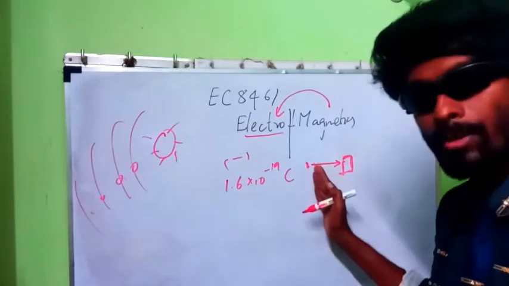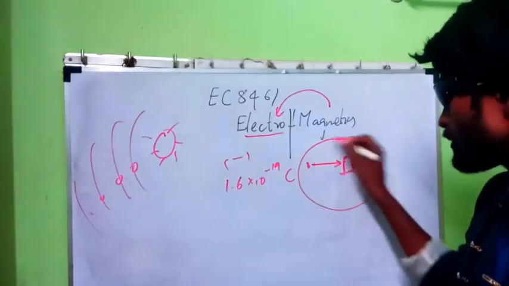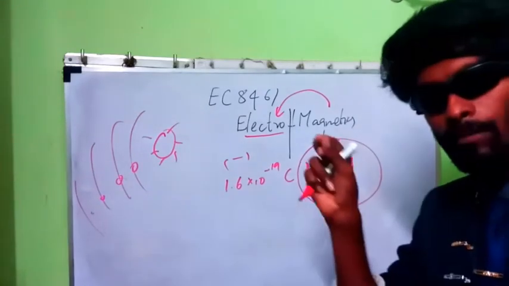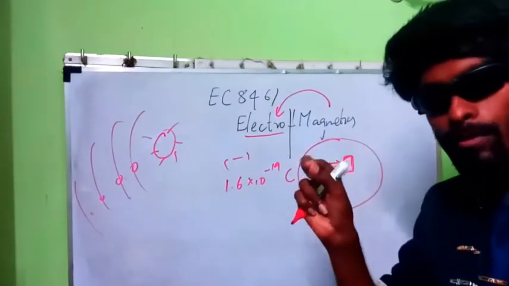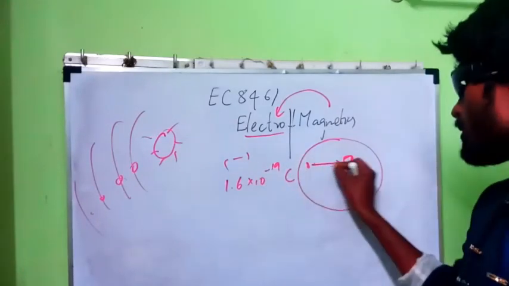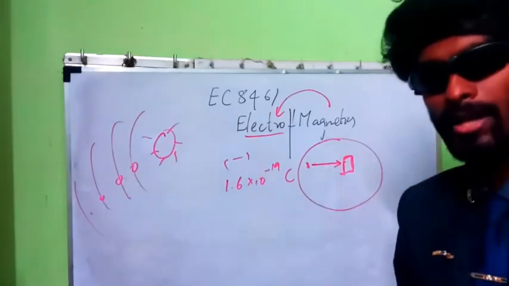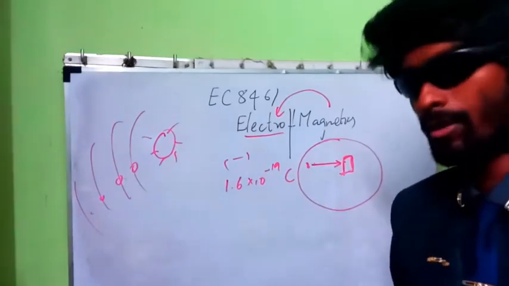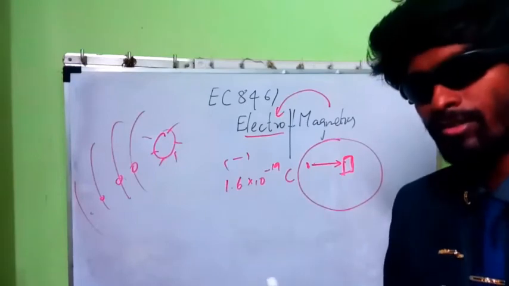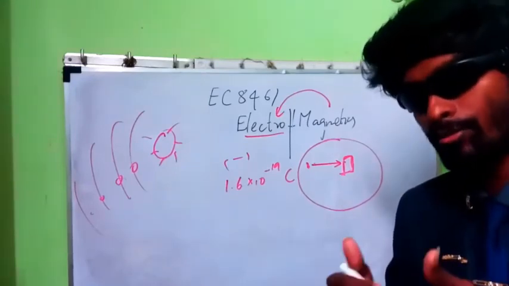When you move the pin away from the magnet, this is the magnetic field. In this field, if you put the pin anywhere inside, the pin will automatically deflect. At some point the pin will come close to the magnet, and then the pin may stick onto the magnet when it is very close. That means when the distance is very small, the electrons will get attracted to the magnet.